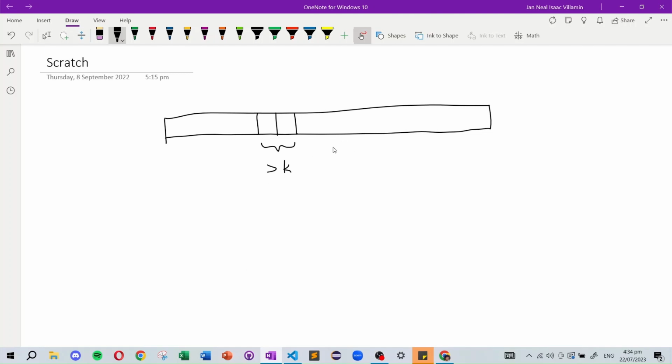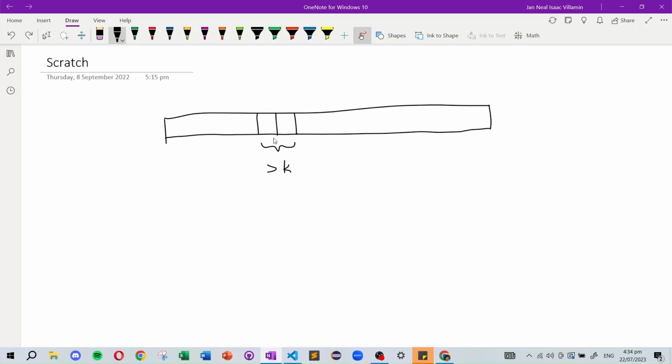There are two cases. You only consider this array or this array, because this element cannot be adjacent to this element since they have a difference of more than k,